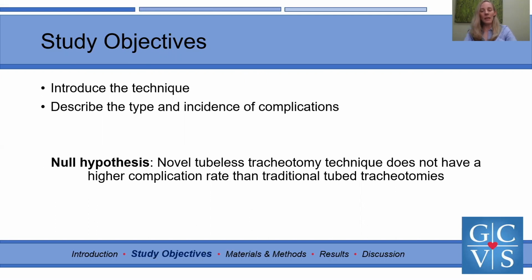Today, I would like to introduce a novel temporary tracheotomy technique which forgoes the tube. I will describe the technique as well as the type and incidence of complications. Our null hypothesis is that this novel tubeless tracheotomy technique does not have a higher complication rate than the traditional